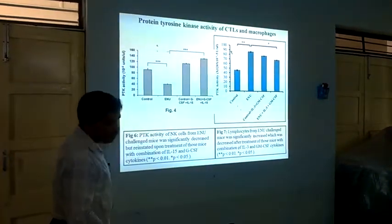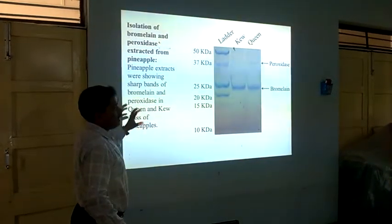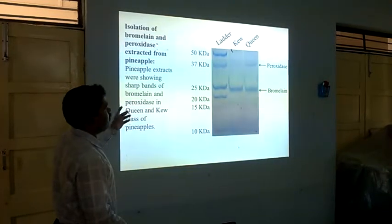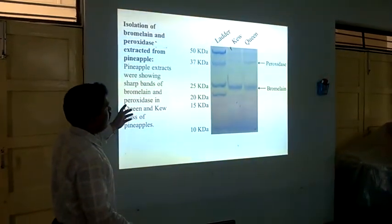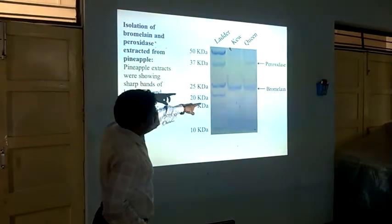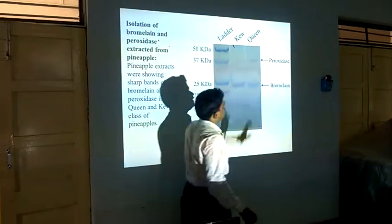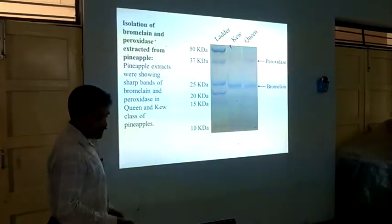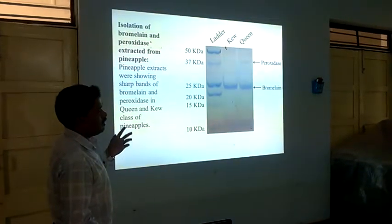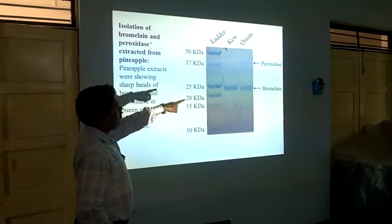And we have also tried bromelain and peroxidase together for this treatment. As we generally drink the juice from the pineapple, we have extracted this bromelain and peroxidase, and from this gel you can understand that bromelain and peroxidase are both present in this juice or extract. We have collected it from Tripura pineapple. Two types of pineapples are here, Queen and Kew, and both of them contain this